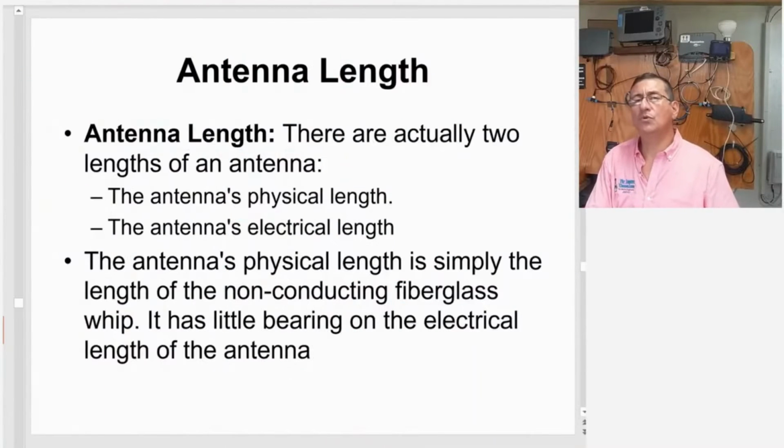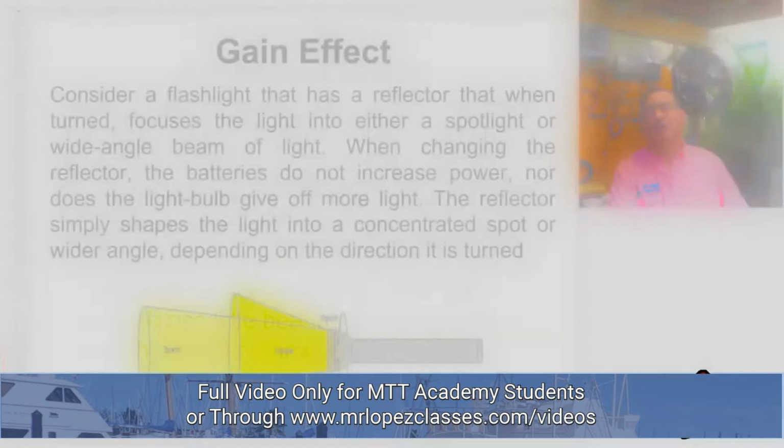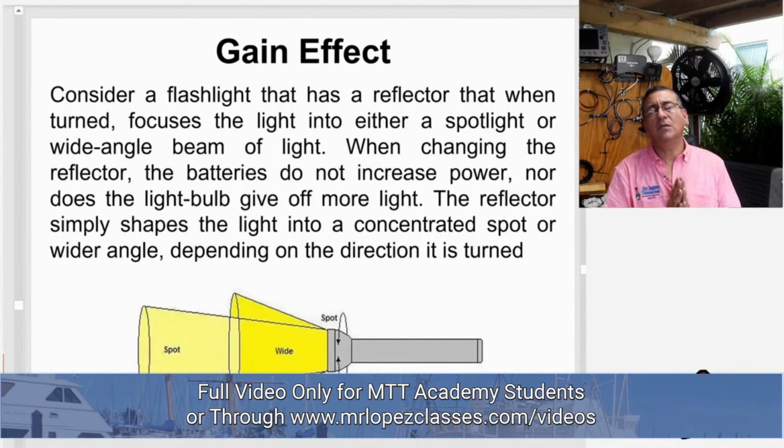Now we are going to introduce two important concepts related with the antenna. It's the length of the antenna. And there are two types of lengths, the physical length and the electrical length. In order to understand easily what is the meaning of the gain of the antenna, we are going to picture